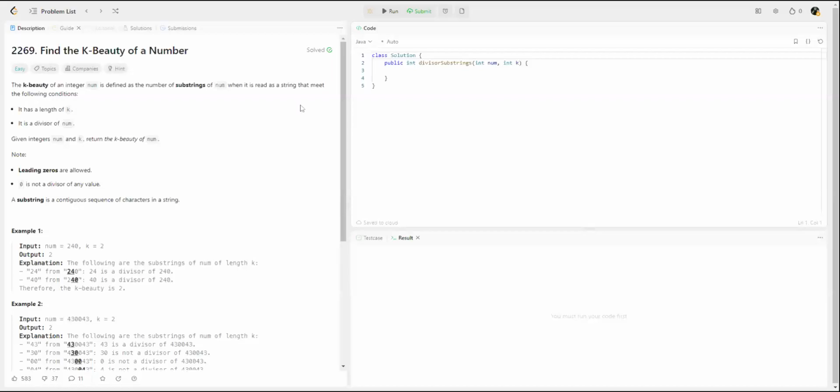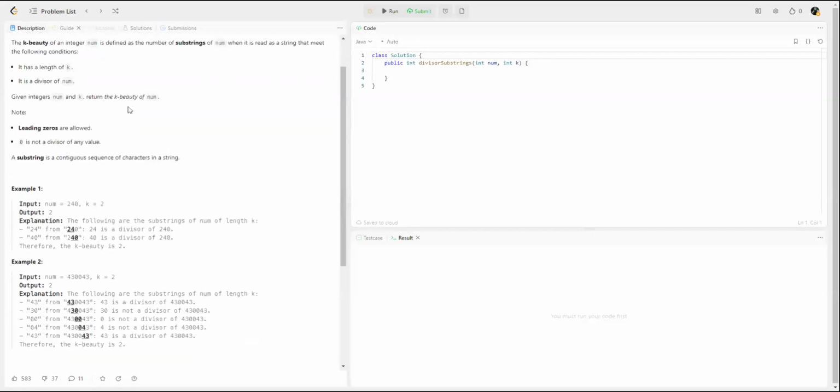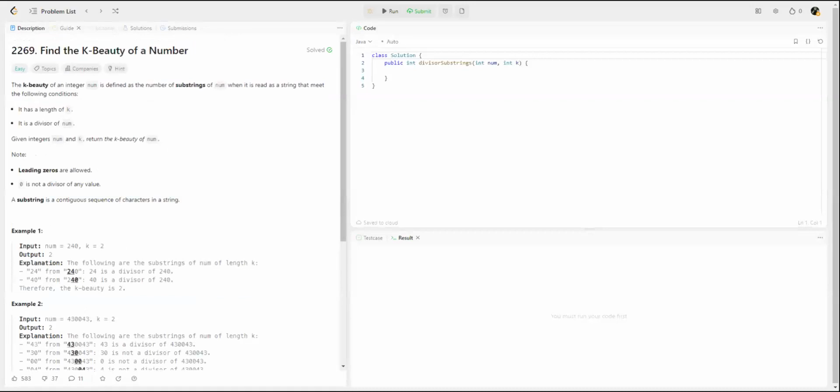Hello. Today we have LeetCode 2269, Find the K-Beauty of a Number. I just want to make a short video basically. The k-beauty of an integer is defined as the number of substrings of num